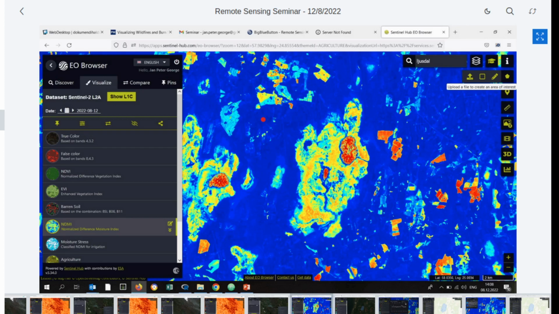Then very often it's quite nice if you can show already some preliminary results or some nice figures or whatever. So what you can do here is, for instance, here's the Nigula LKR. This is this area here. And I selected here the normalized difference moisture index, just to see whether the last years had any influence on the peat bog. Okay.